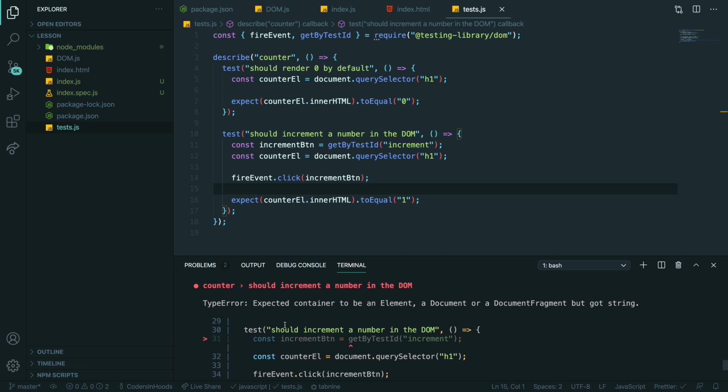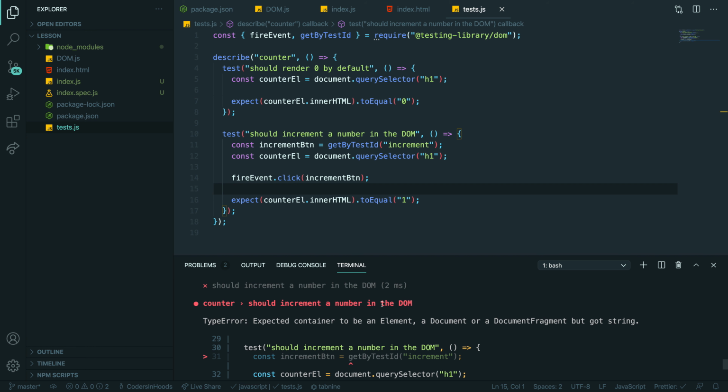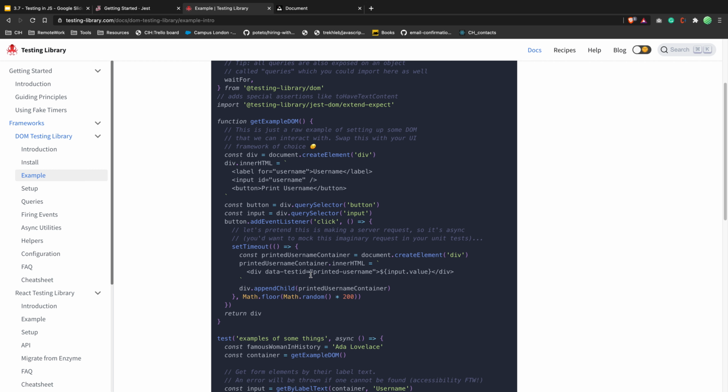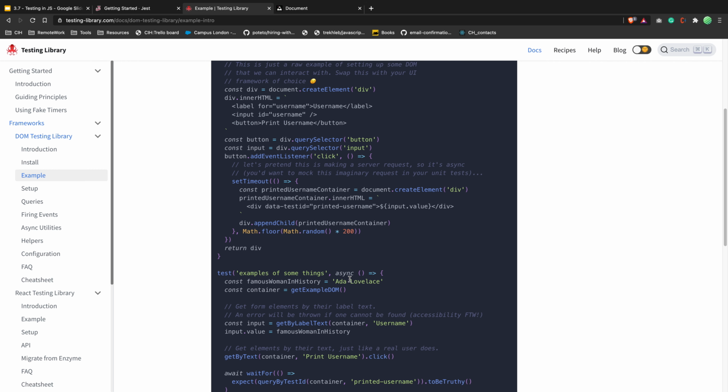Yeah. Ooh, wait a sec. Expected container to be an element, a document or document fragment, but got string. Okay. Why is it complaining? Inner HTML container get by text name.